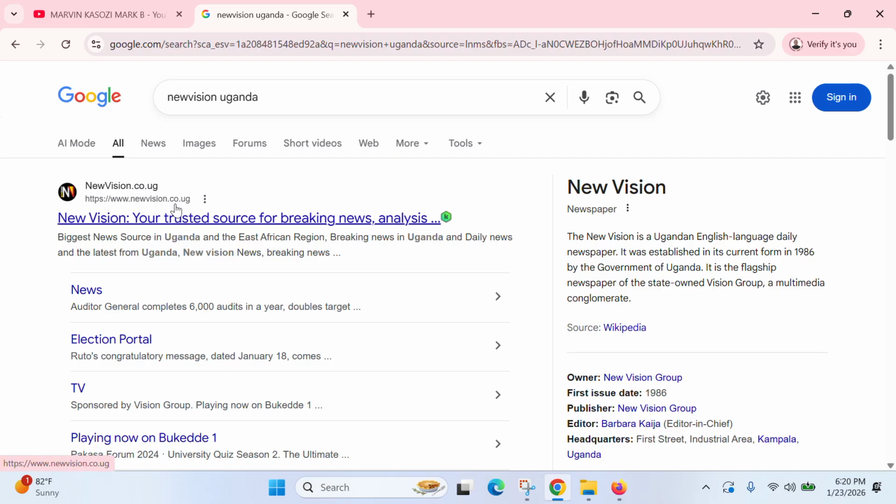It means that the New Vision website has this URL, and the URL is helping me, the user, locate